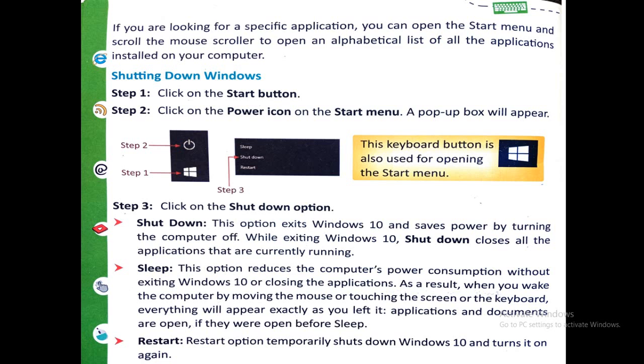It will shut down temporarily. For example, if you do not want to shut it down, you can restart your computer. You can use this restart option. Thank you.